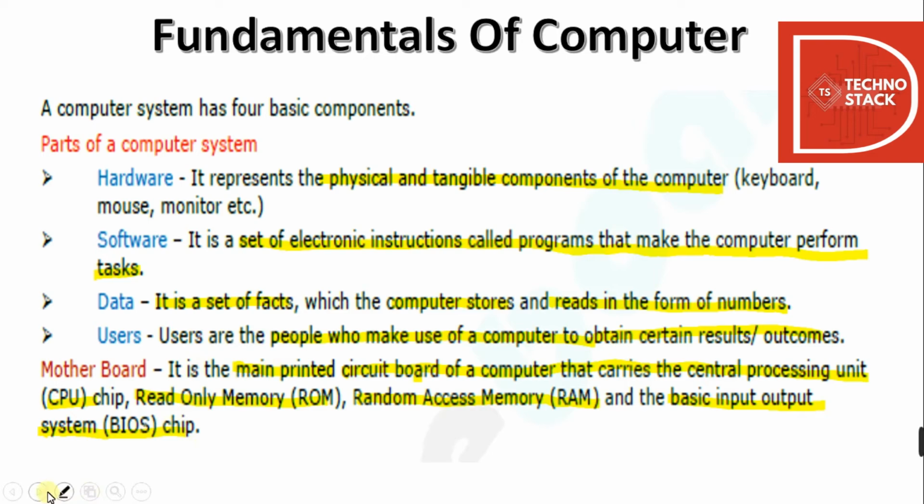The motherboard is a chip-like structure. I don't have a picture right now, but you can look into it. It is a green board when you open a CPU cabinet, and it has embedded components: the CPU chip, that is the central processing unit, and RAM that stores the random data, that is the primary data. Then there is the read-only memory over here. Then the basic input-output chips are also there in between. So that is what RAM is.